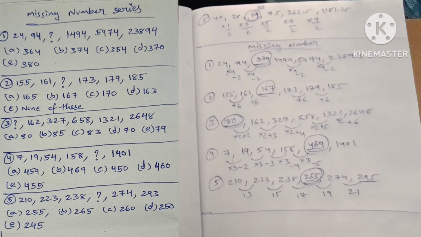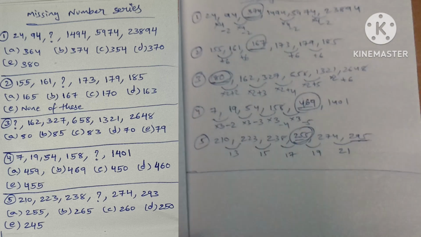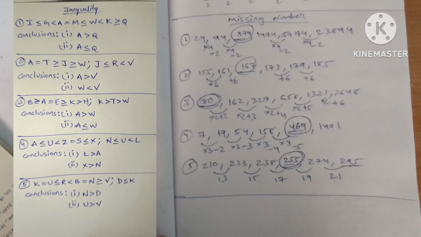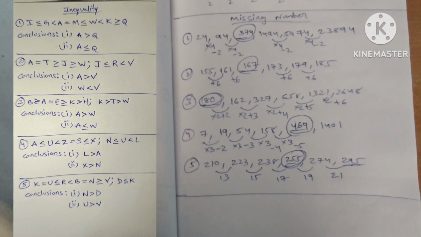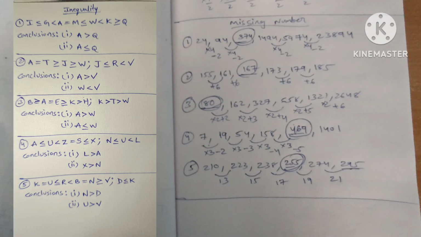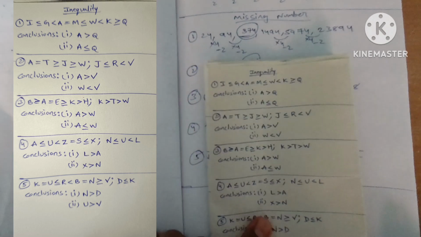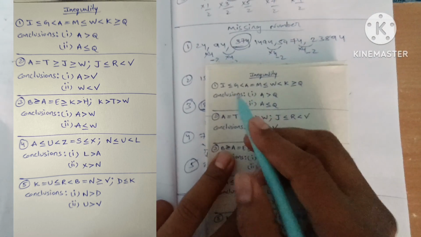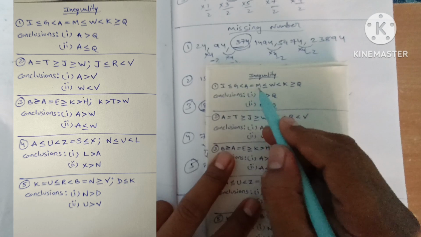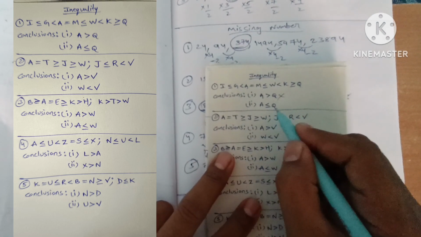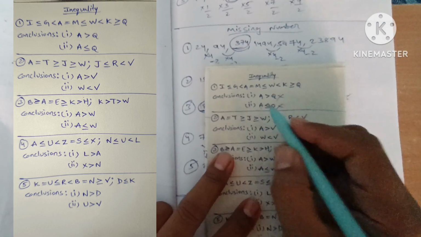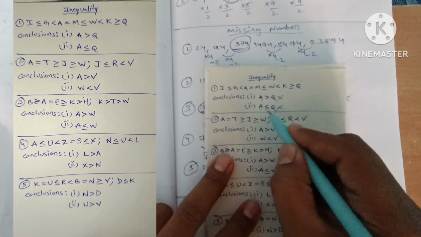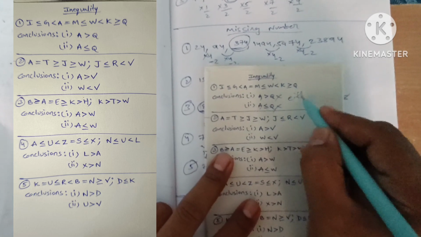Now we are going for raising the score boosters. First one, inequalities. For inequalities, we don't need any paperwork. We'll go through the questions directly. A to Q, not possible. Q to A, this is also not possible. But A is greater than, A is lesser than, and A is equal to. First one is either 1 or 2.